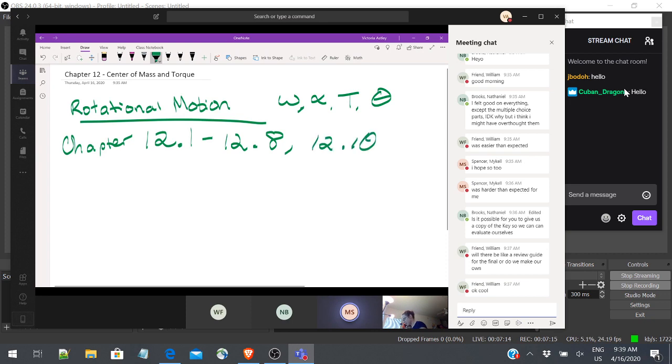Yes, 12.10. Not 12.11 or 12.12. Okay. So this is all the stuff that's covered, whether or not I get through all of it, but hopefully I will. Okay, so